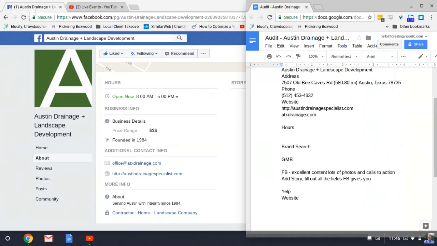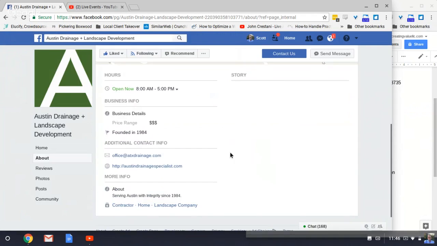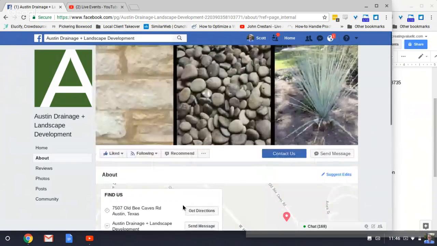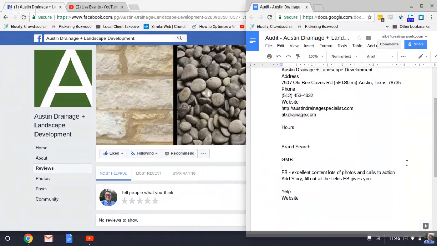That goes for all these platforms. You want to put in the information into every single field. You might want to look at your competition, see what categories they have. But if your Facebook page is meeting your goals, then don't mess with something that ain't broke, right?